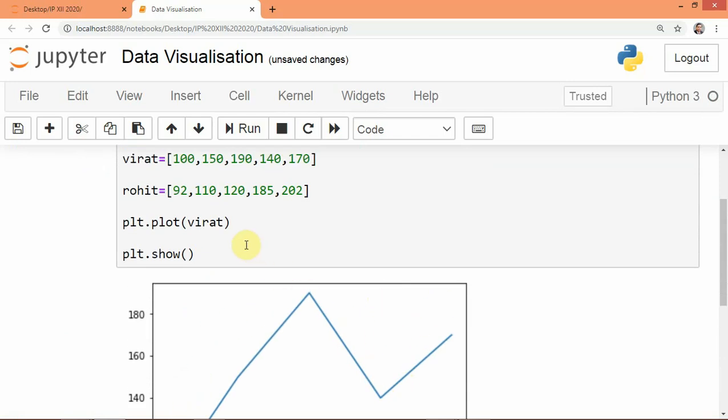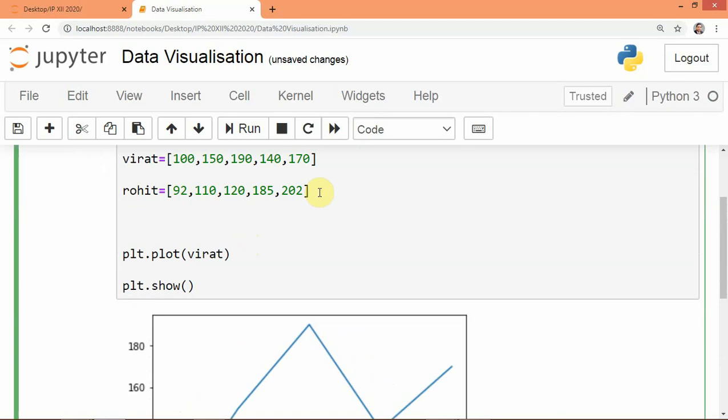Now we will see the three parts of this graph, like plt dot title. What title do we want to give?